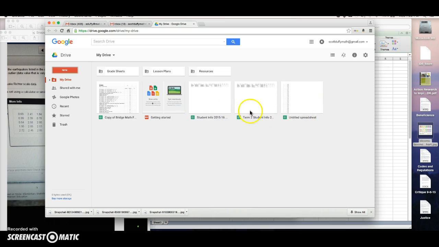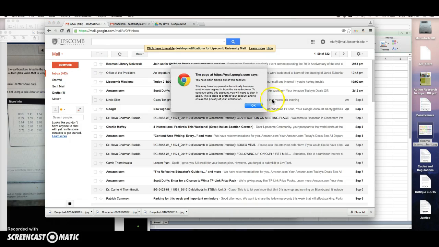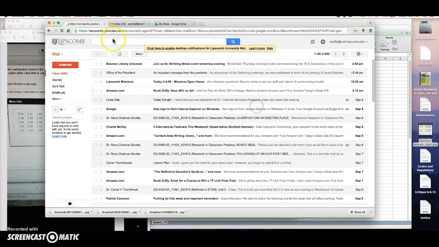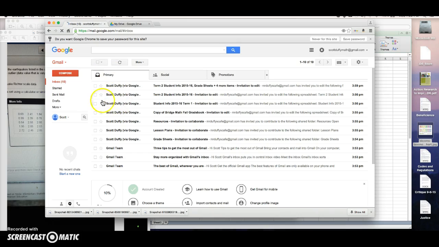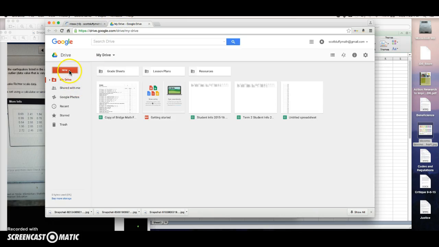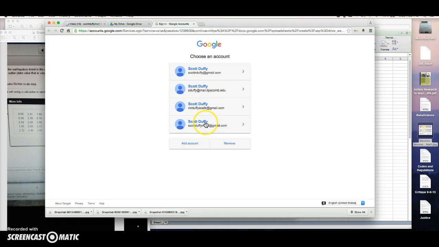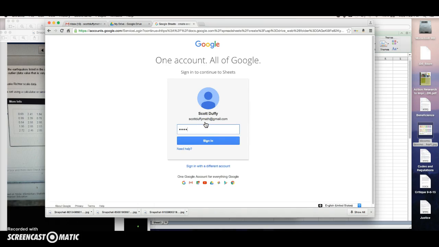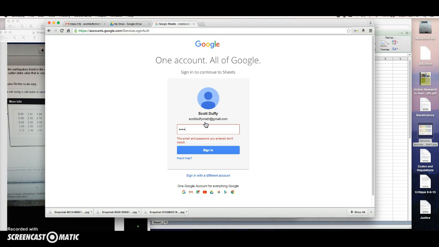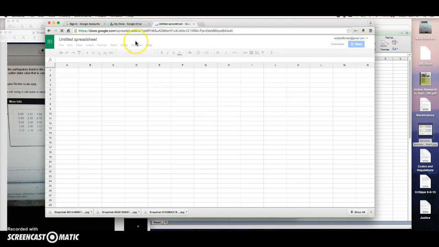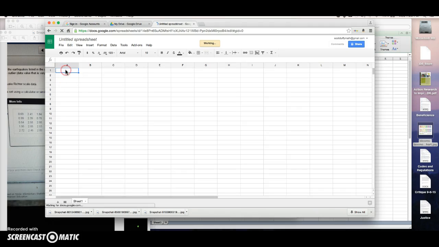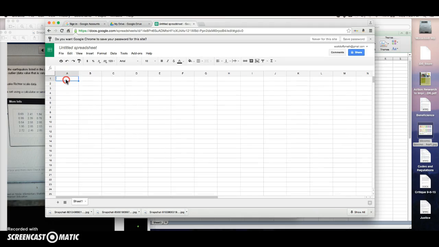But what I did is I decided that I would, just a second, that's not supposed to happen. All right, I decided that I would go to my drive and make a new spreadsheet in Google Sheets. It took me out of my Google Drive, and somehow my password isn't working. There we go. All right, and I already entered all of the values from this spreadsheet